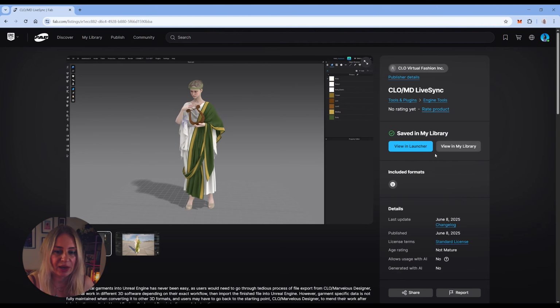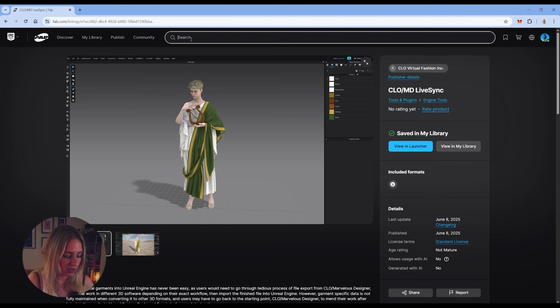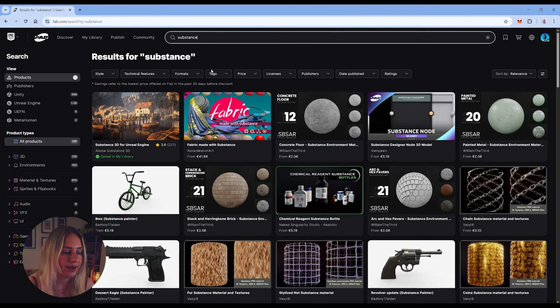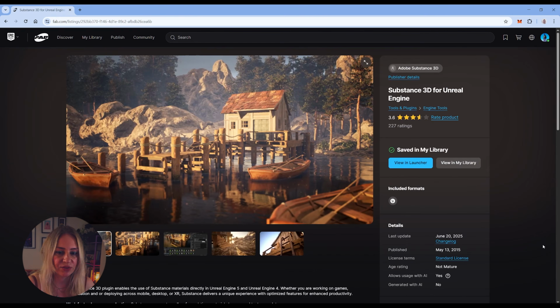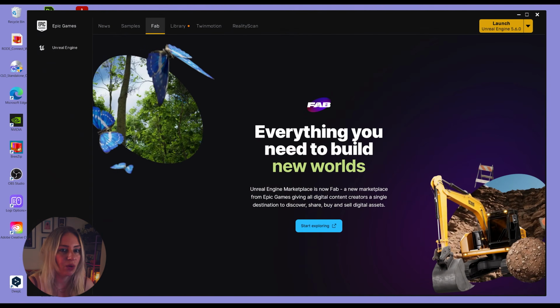I added it already to my library, but in case you haven't, make sure that you signed into your Epic Games account, and then you can just add it to your basket. It's absolutely free. And the next plugin we need is Substance, and same here. Just add it to your library, and so we can go back to our Epic Games launcher and open now